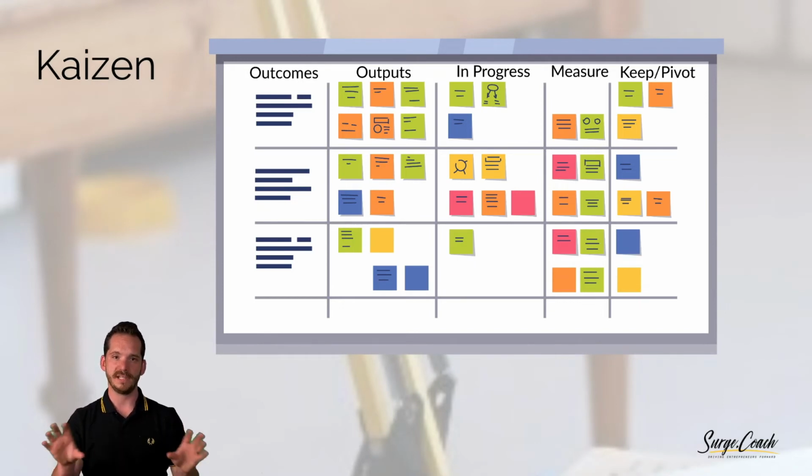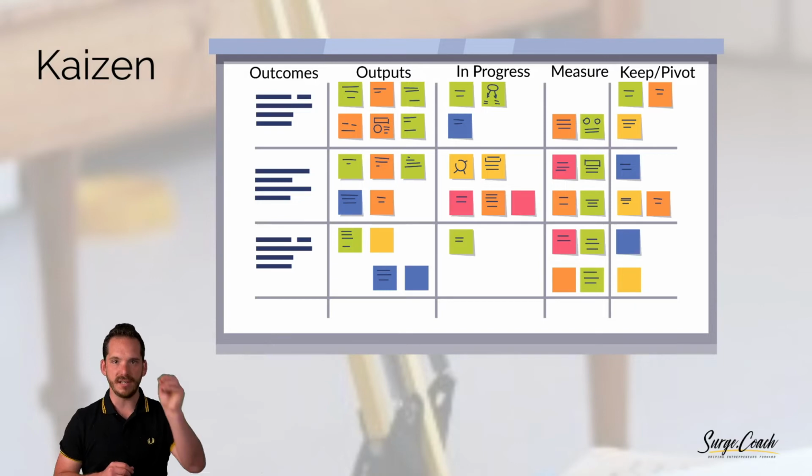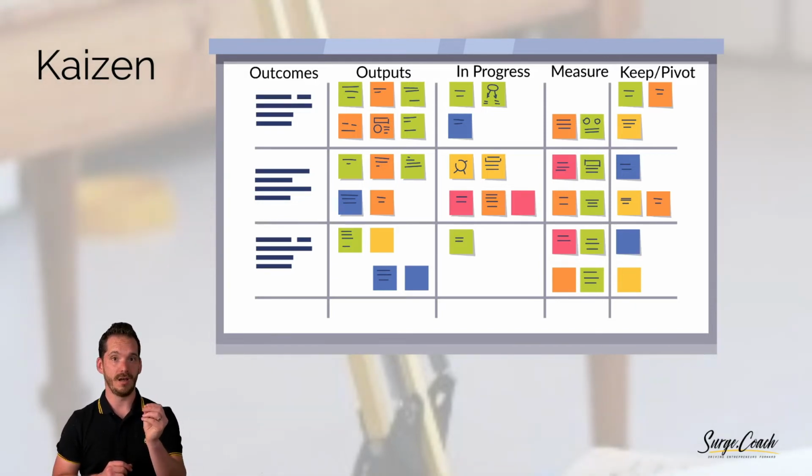Why I love this to be visible is all the outputs you could trial. You do it in 90-day planning, but if someone comes along and puts a nice little sticky on there, you may get some magic. I remember one time in a ministry where somebody put a sticky on one of my outcomes and I thought, that's great. I never even thought about that. So keep it visible, keep the Kaizen board very visible.